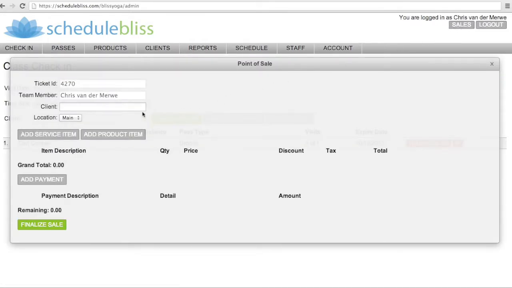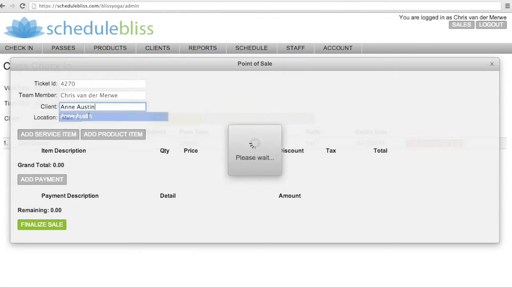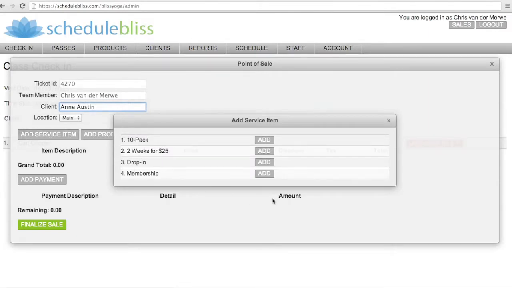So the next customer that comes in, let's have a look at this. So we finalized our previous ticket, so here we're back to a blank ticket. So one of our favorite customers, Ann Austin, comes in, and so hi Ann, and what were you looking for today? And Ann says, I'd like to go ahead and get myself a membership. I really like the studio. So we go, okay. So we're gonna select a membership,